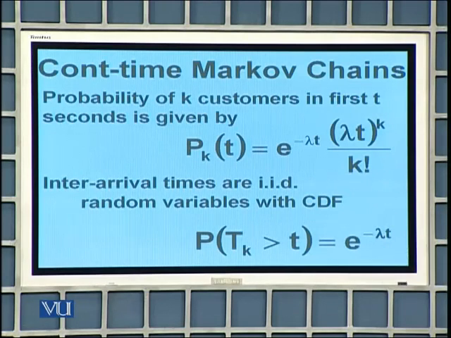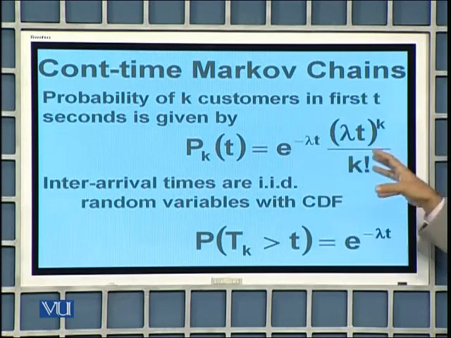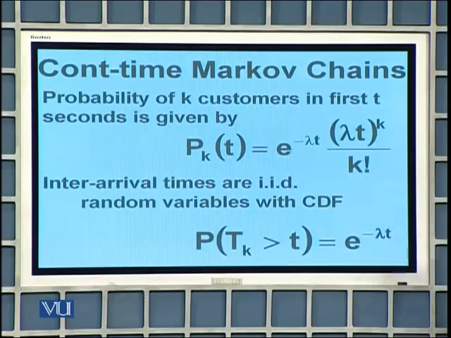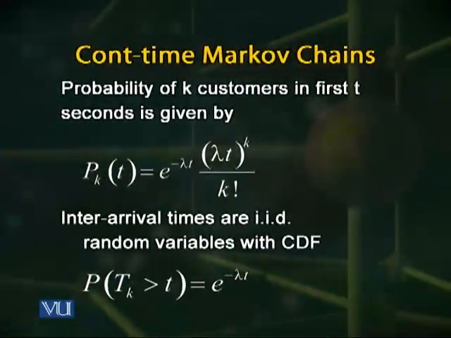probability distribution. So the number of customers that arrive from 0 to t are distributed with a Poisson distribution, and inter-arrival times are distributed with an exponential distribution. So if you analyze the arrival process under the assumptions that I have shown to you, then there are two probability distributions that describe this arrival process. The number of customers that arrive between 0 and t is given by a Poisson distribution, and inter-arrival times are given by